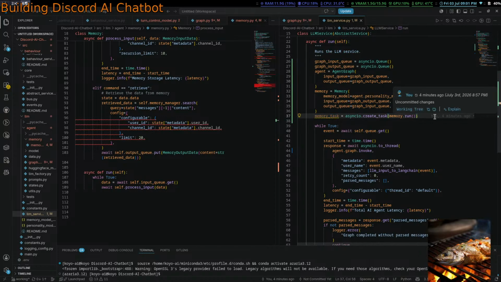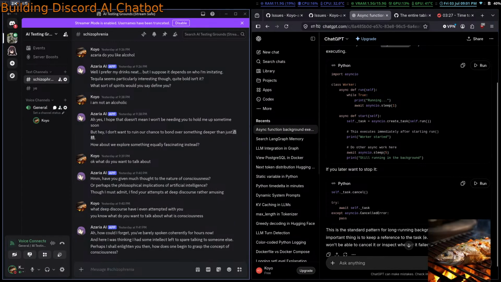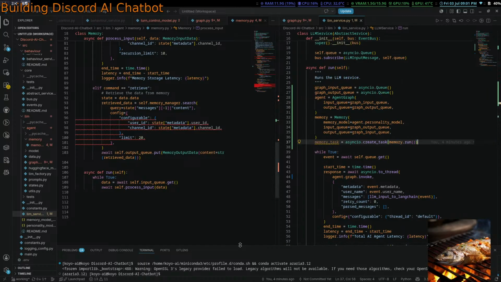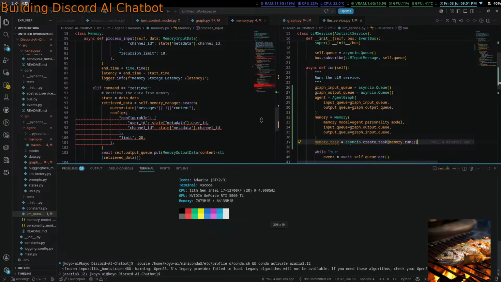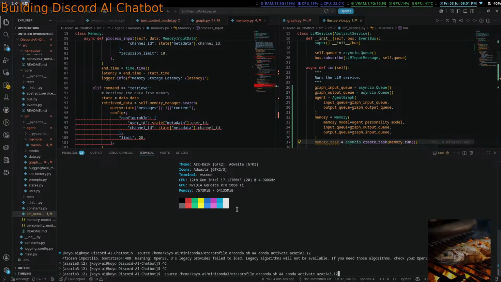Hopefully this works. Task, async sleep. This thing is just running in the background. And everything else goes by vibes. That's all I can say here. Okie dokie.